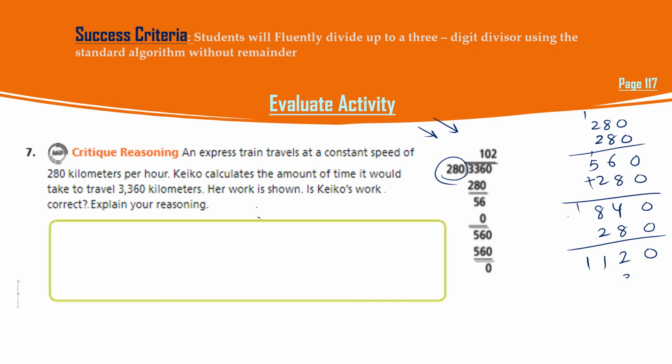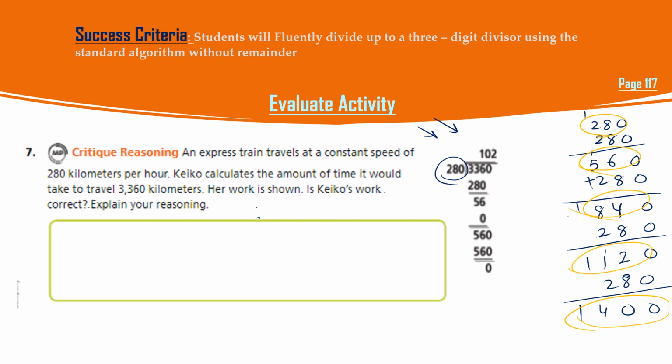Then again 280. 0, 0, 1, 2, 3, 4 and 1400 and so on. So I wrote something over here. So it is 1 time, then this is 2 times, this is 3 times, this is 4 times and